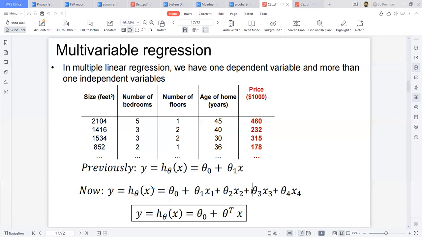So, doctor, what does that mean? Hypothesis equals theta 0 plus theta transpose x. Here you can see, because if we want to multiply this one with this one, we have to take the transpose. If you remember, we have the,